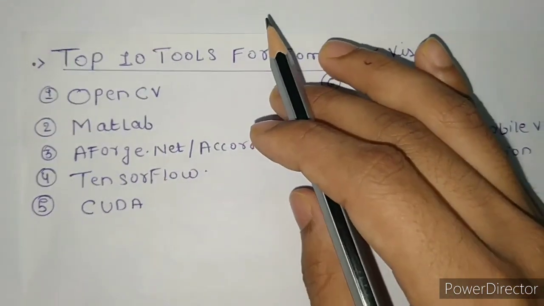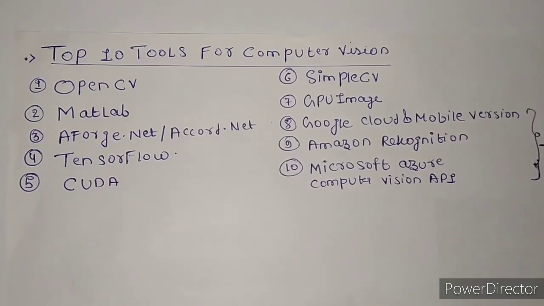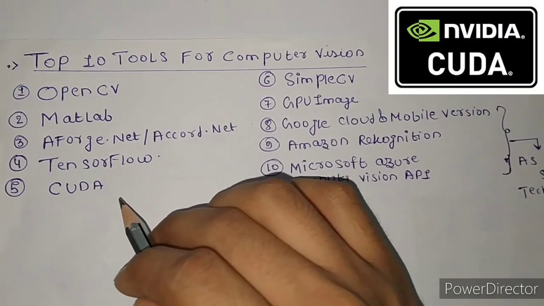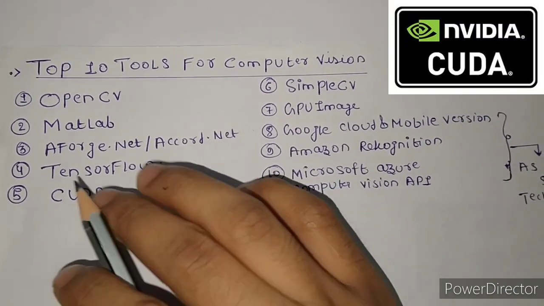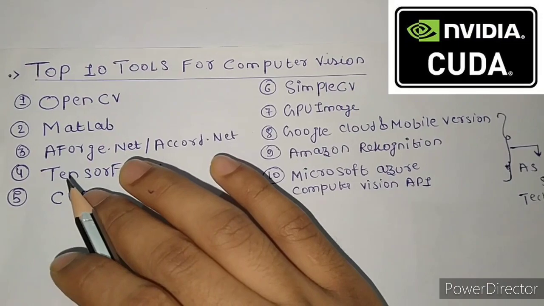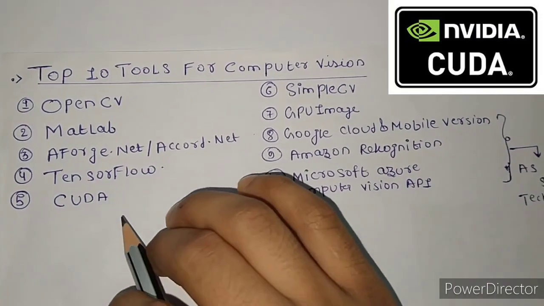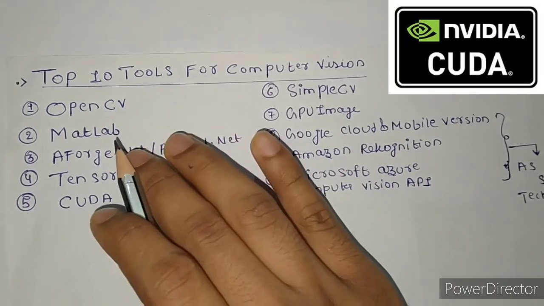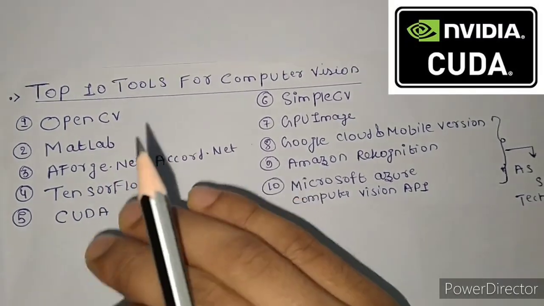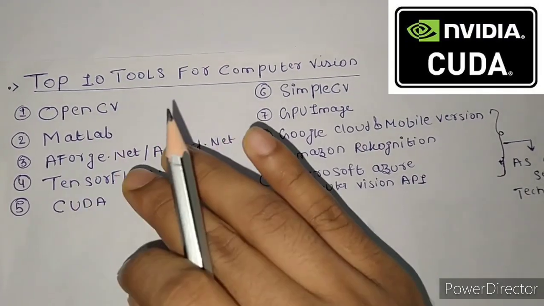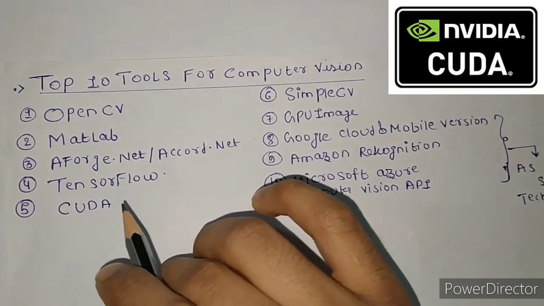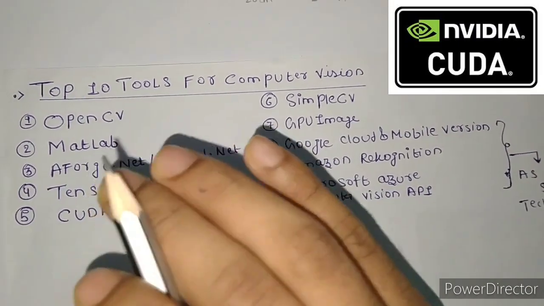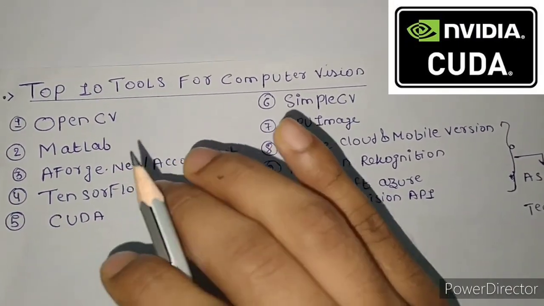So guys, here comes the next one, that is CUDA. It's a platform for parallel computing invented by NVIDIA. It enables a great boost in computing performance by leveraging the power of GPUs. As you know, NVIDIA is best known for its GPUs. So if you have large images to process that are GPU intensive, you can choose to use CUDA. But it has some drawbacks: it is extremely high on power consumption and you will find yourself reformulating for memory distribution in parallel tasks.